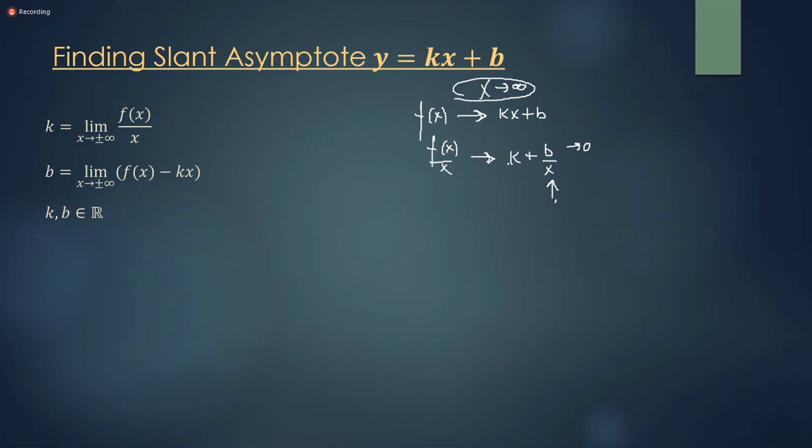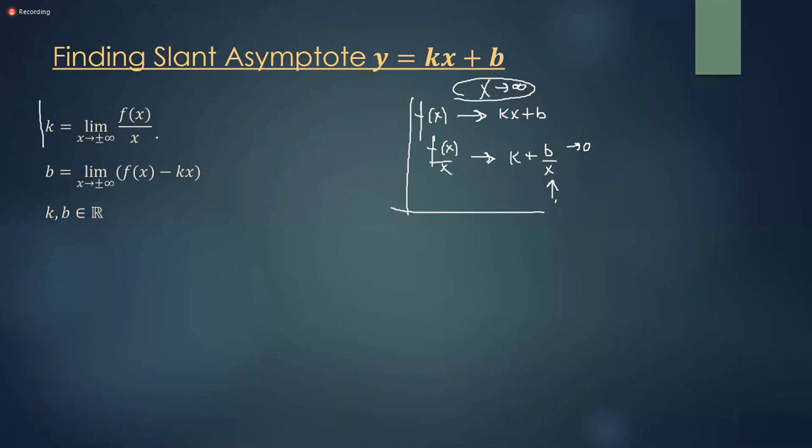This is not mathematically perfectly correct, but it's an explanation for this formula. How to find k: take the function, divide by x, and let x tend to positive and or negative infinity. It might be different for different